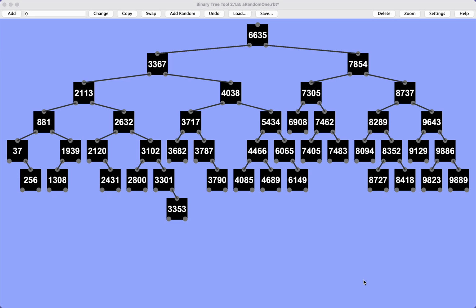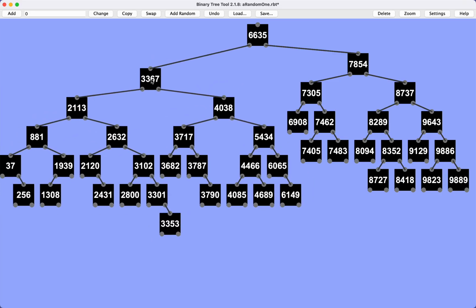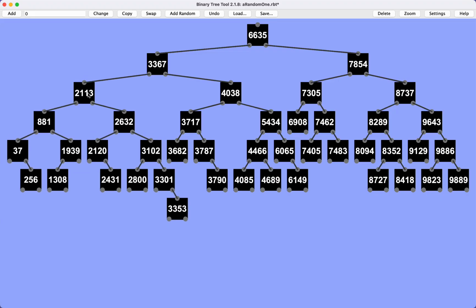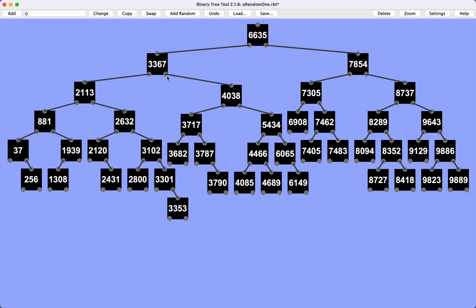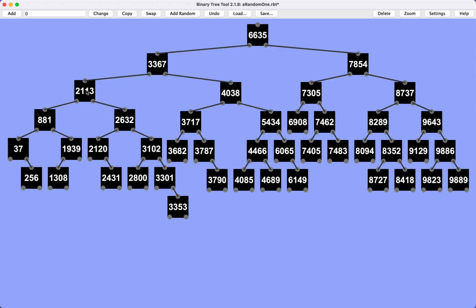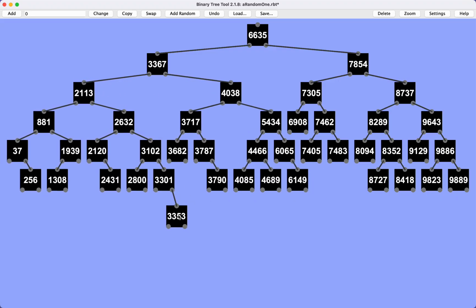We're going to demonstrate AVL-tree mode. An AVL-tree is a binary search tree where if I look at any given node and look at its subtrees, the two subtrees differ in height by at most 1. So in this case, this tree is larger by 1 in height than that tree because of that node right